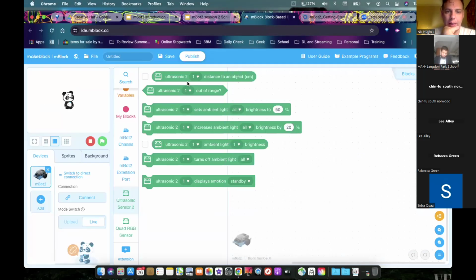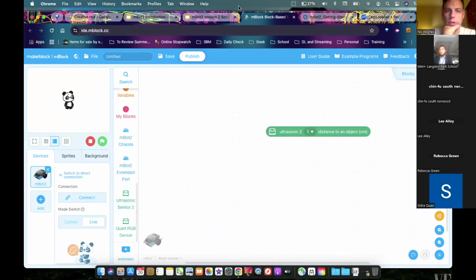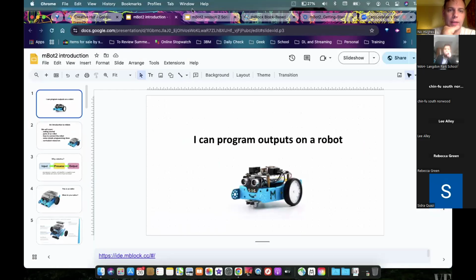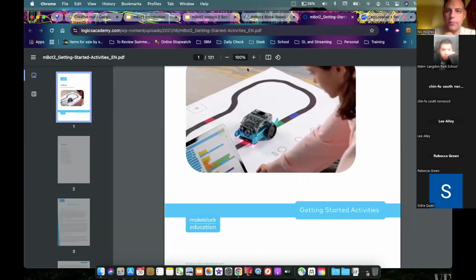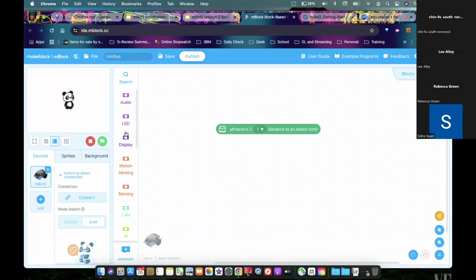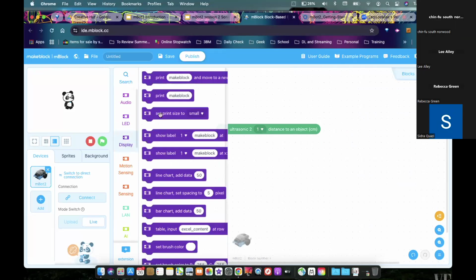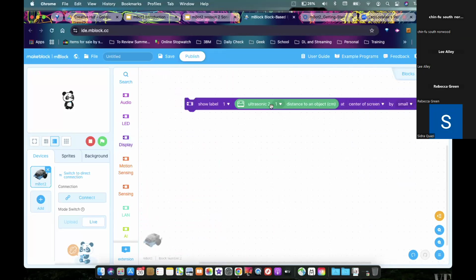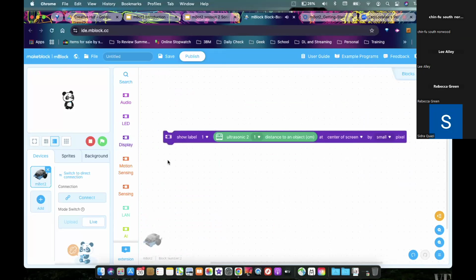So to build this one, we need to grab a couple of different blocks. So distance from object, which is this one. Distance from object, and then we're looking for show label. So this is within the, too many tabs open today. Sorry. So you've got to go all the way up onto the CyberPi blocks. So that basic block there will do it